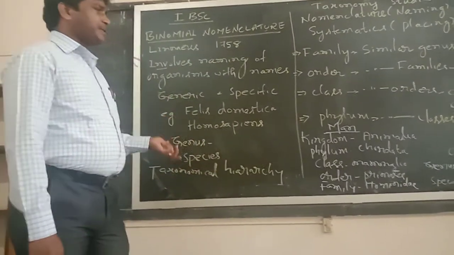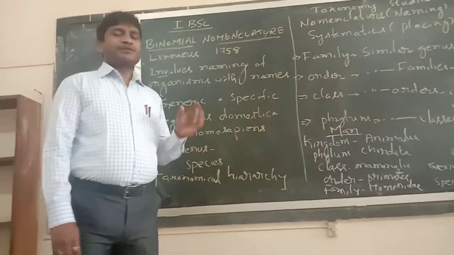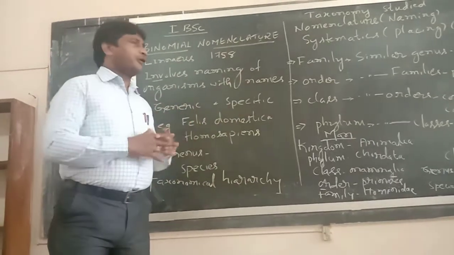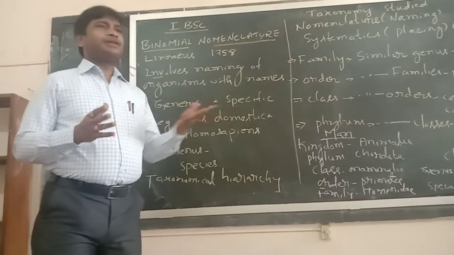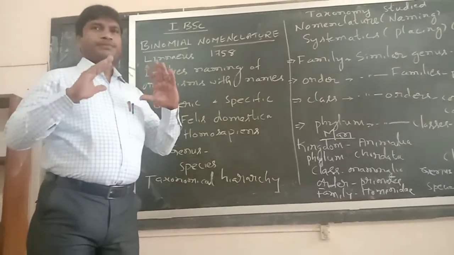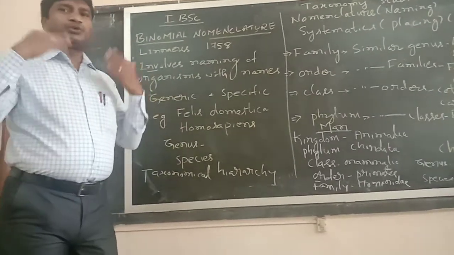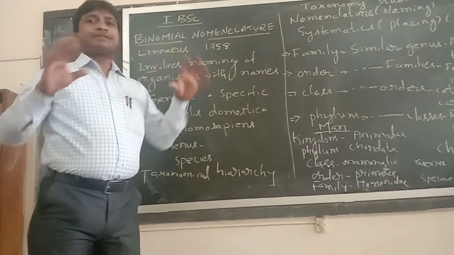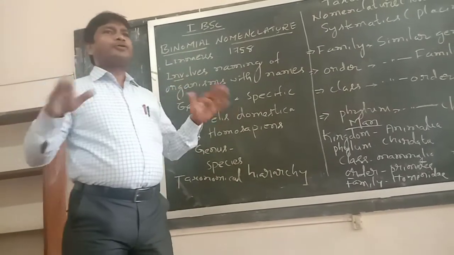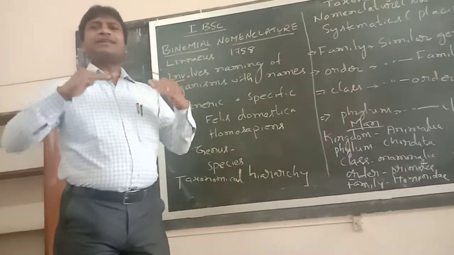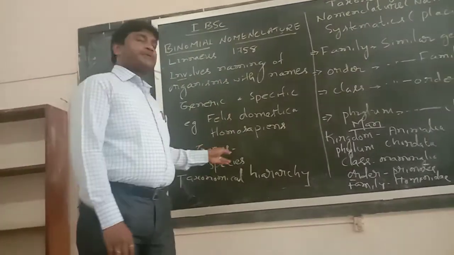For example, sapiens is the name of the species of man. All human beings living across the world are similar in so many characters. All human beings have two hands, two legs, two ears, two eyes, and a nose. These characters are the same, so all human beings are common in some characters. Hence they are generally called man, but the name given is sapiens. That is the concept of species.